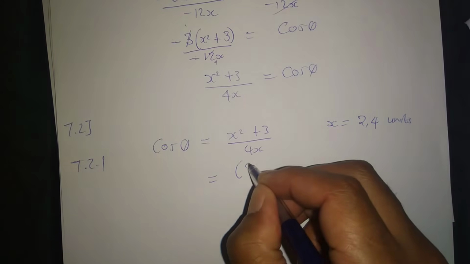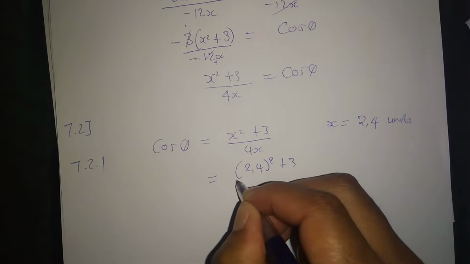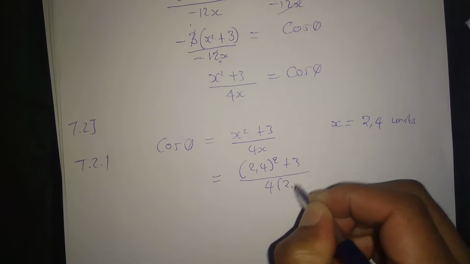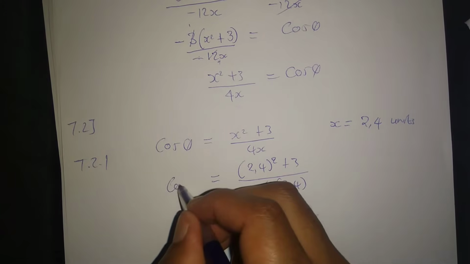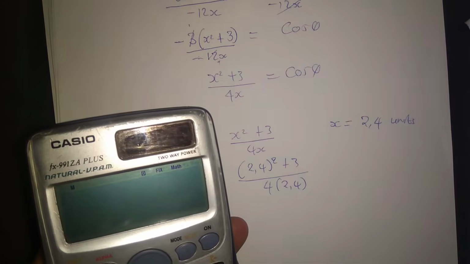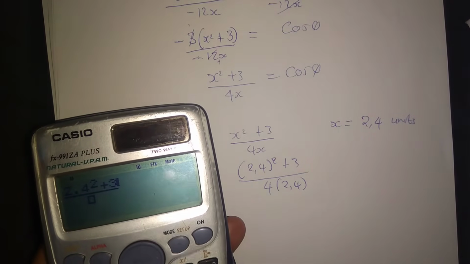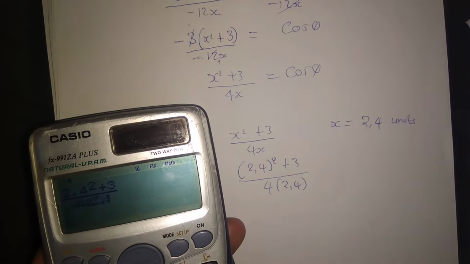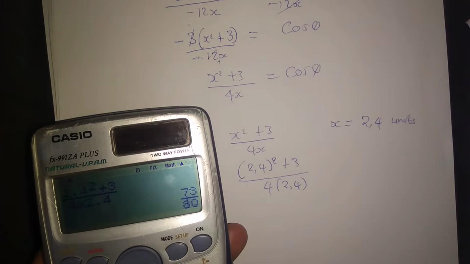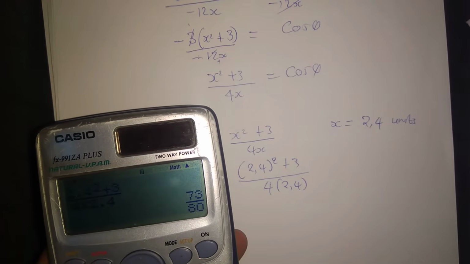Right, so it's 2.4 squared plus 3 divided by 4 times 2.4, and then that equals cos theta. Right, let's calculate. So answer is 2.4 squared plus 3, divided by 4 times 2.4 is equal to,